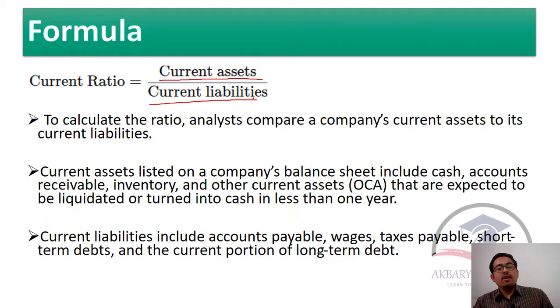So let's go ahead. To calculate the ratio, analysts compare a company's current asset by the current liability. By dividing the current asset by the current liability, we're gonna have the current ratio here. Current assets listed on a company's balance sheet include, this is some of the examples of that. It can be cash, it can be account receivable, it can be inventory, it can be other current assets such